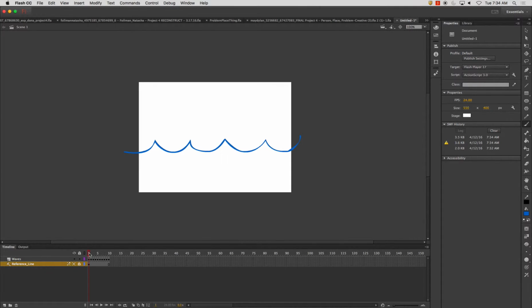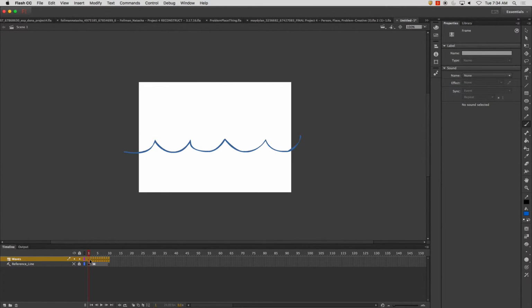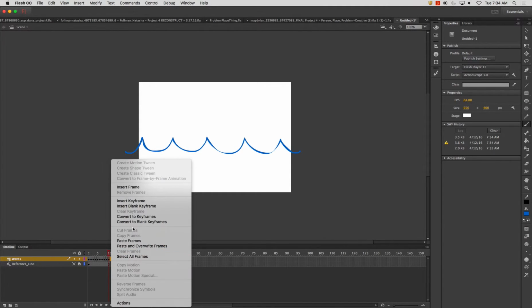So in order to easily flip this back, I'm going to show you a quick, easy way to just create an animation, just reversing frames. So what I'm going to do is I'm going to copy frames, and on frame 11 I'm going to paste frames,